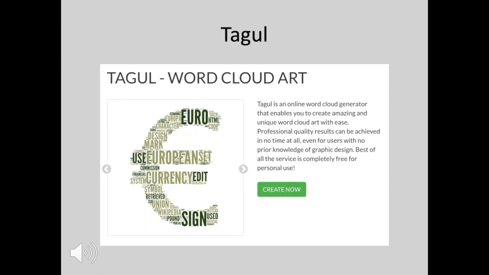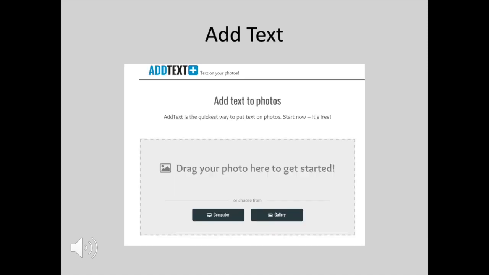mindfulness. Tagxedo allows users to make word cloud art, great for posters and student expression. Add Text allows users to add text to an image. Use it to add captions to your photos, create your own memes, create great-looking posters, or anything else you can